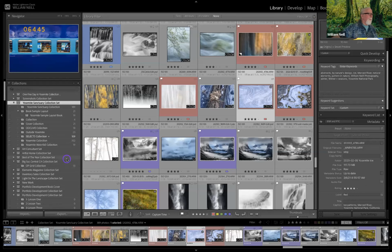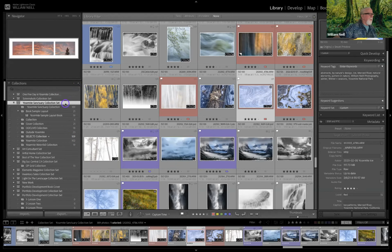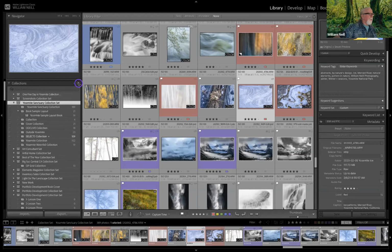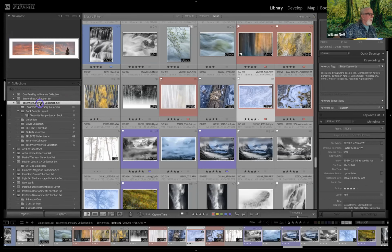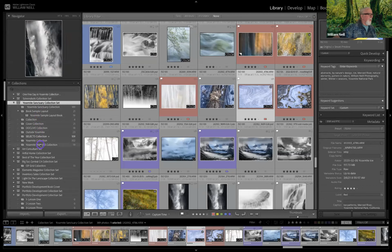So to show you how I make a collection set, as you can see here, Yosemite Sanctuary Collection Set, I do that by using the plus button and Create Collection Set. You name it whatever your portfolio might be named. And then once you make that set, you can make collections that fit within that folder. So just to give you an idea, and this isn't necessarily super efficient, but I've tried,